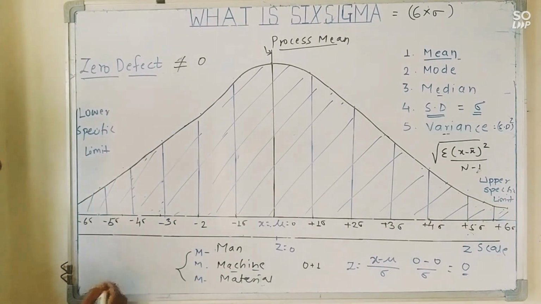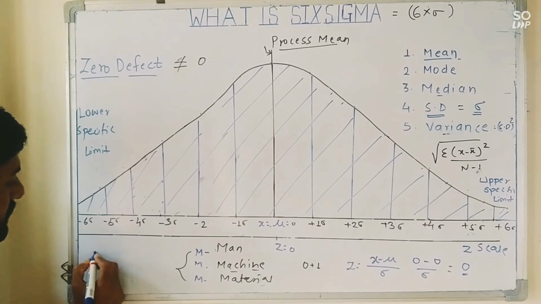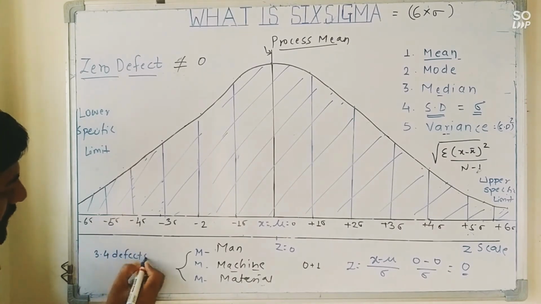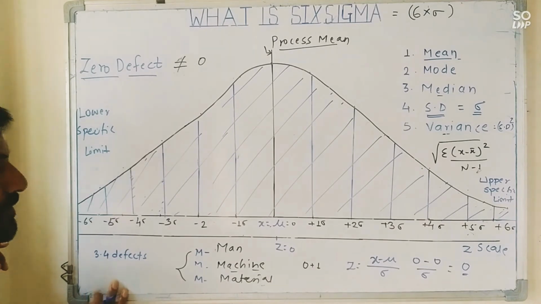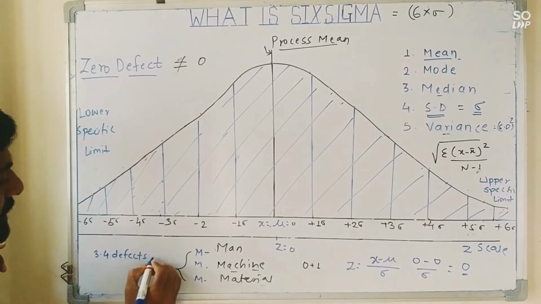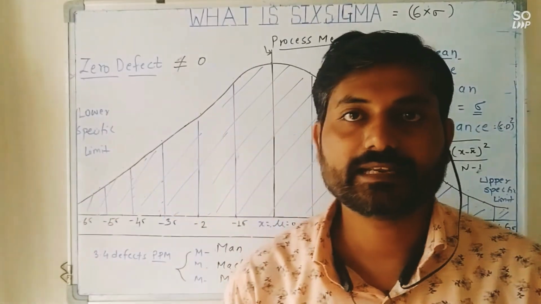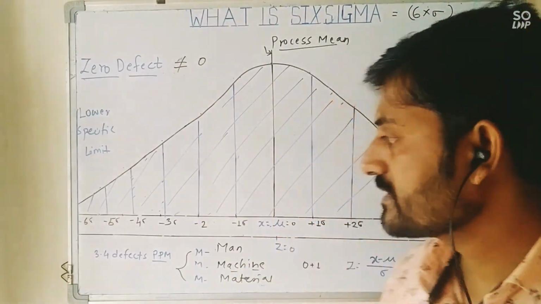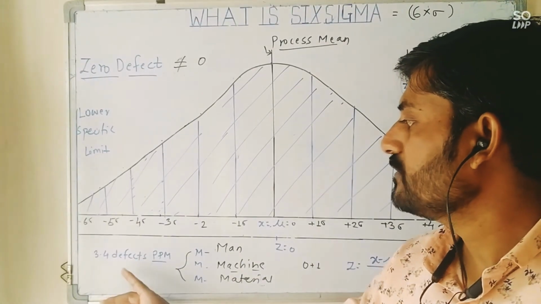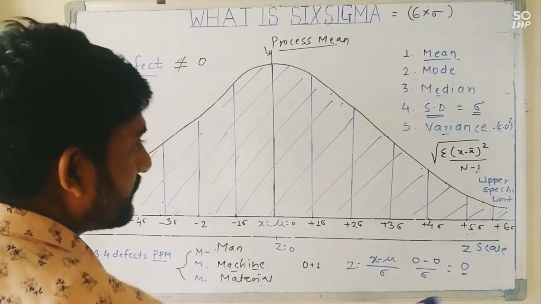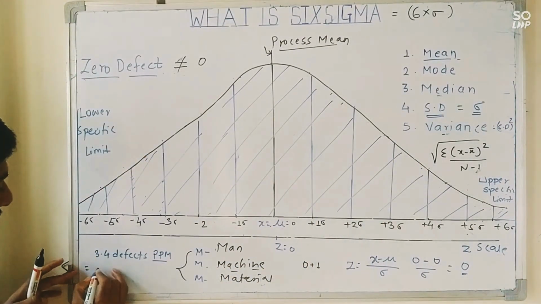we can find there will be 3.4 defects. There will be 3.4 defects per part million. If we have manufactured 10 lakh components, what is the possibility? There will be 3.4 defects per million products. So we will get accuracy